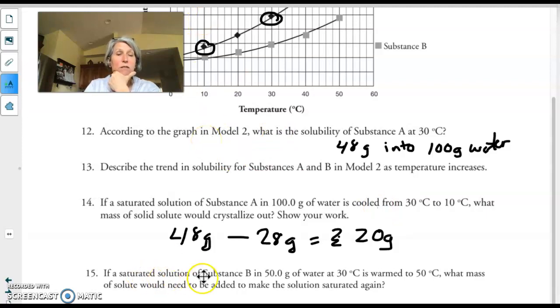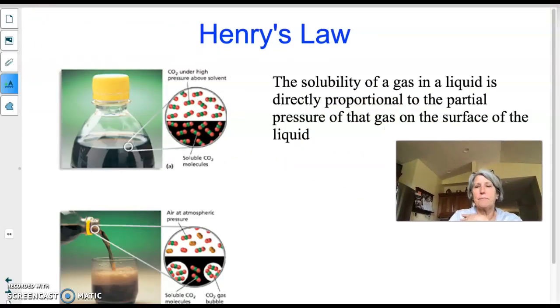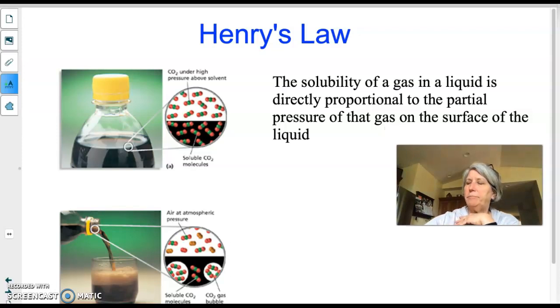Finally, if a saturated solution in substance B is 50 grams of water, and it's warmed to 50, what mass of solute would need to be added to make the solution saturated again? And you would do the same process. However, now you're looking at B, and you're starting from 30, and you're going to 50, so you're looking at that difference. And I see that difference as being about 9.5 grams. So that's what your homework's going to be like tonight, as far as interpreting the